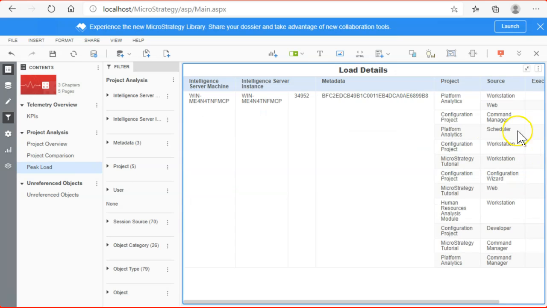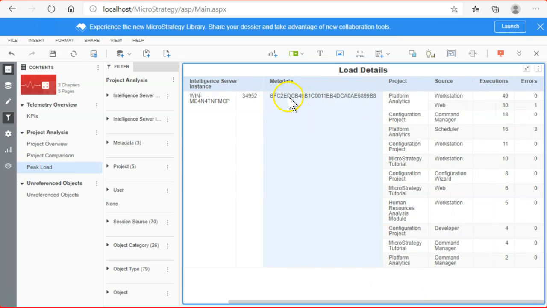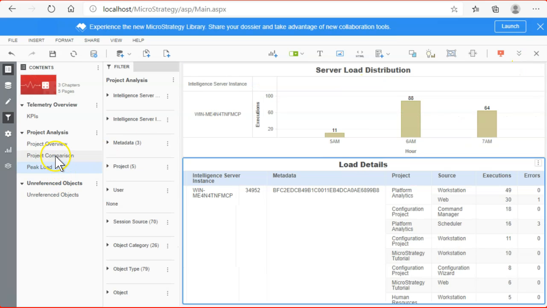You can just let me expand it. And this is my server name, intelligent server name, that's the port number, and the metadata, the key, the projects, which projects I have executed under, that's the platform analytics, MicroStrategy tutorial, execution time, execution, and then the error. You can see a lot of tons of information.